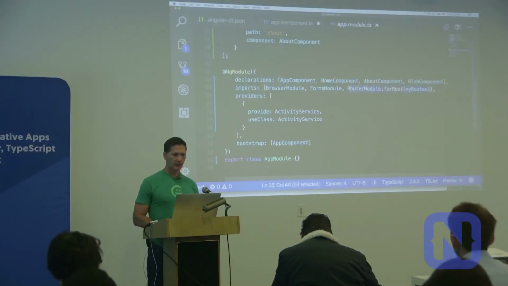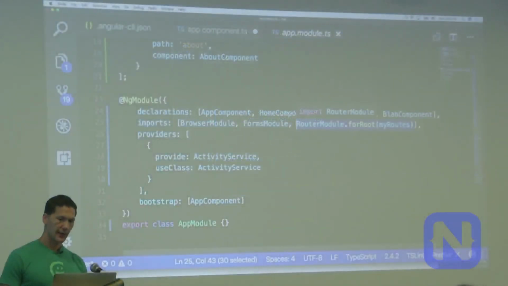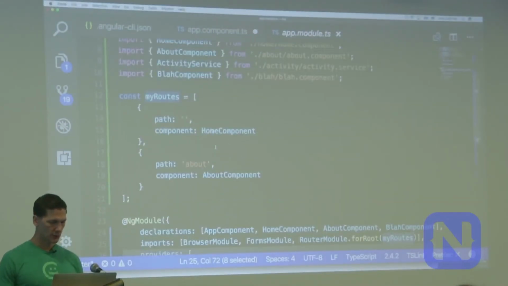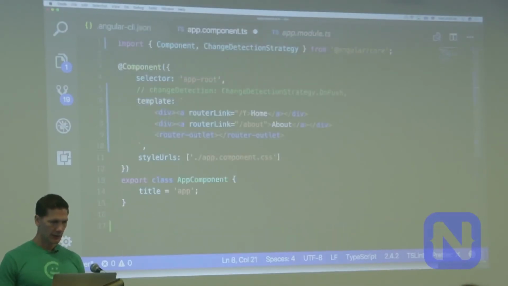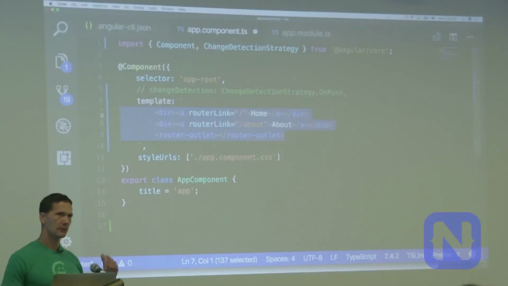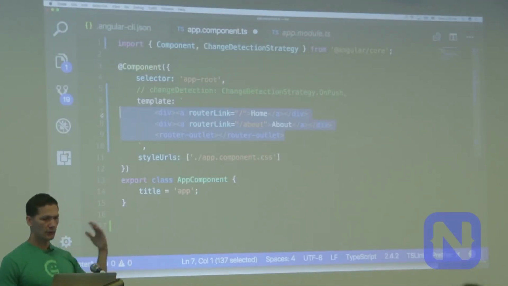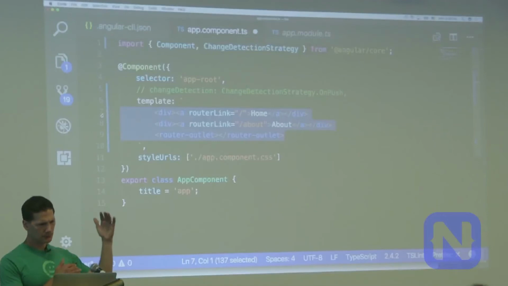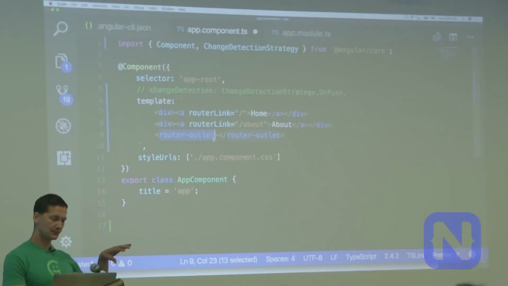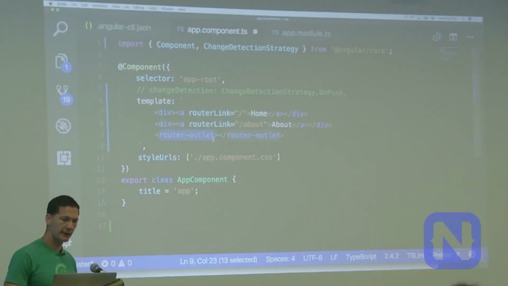The router module has to take those routes as input, and then it'll route to those components. And then at your top level, typically you don't have to put it at your top level, but for most apps that I built, actually, it does depend, but at least for this one, when I run this, you'll see at the top level we have the router outlet, and the router outlet is basically where the router will replace that with the component for whatever route you're at.